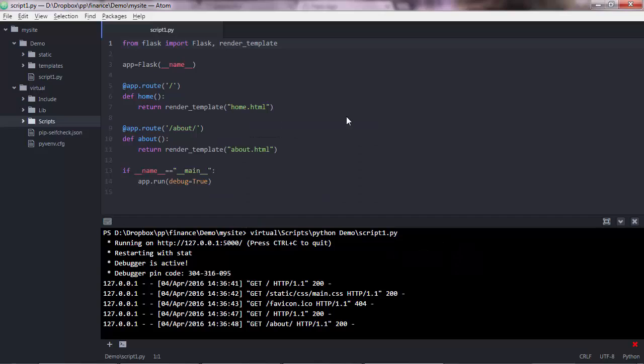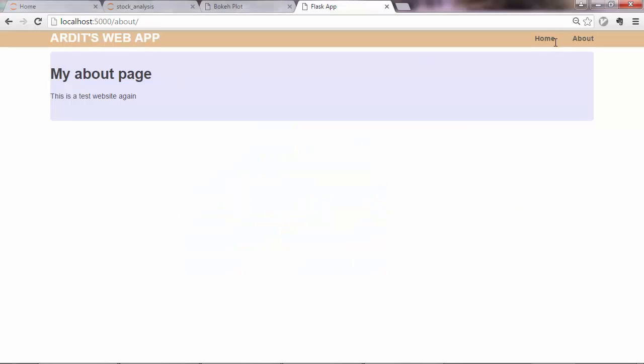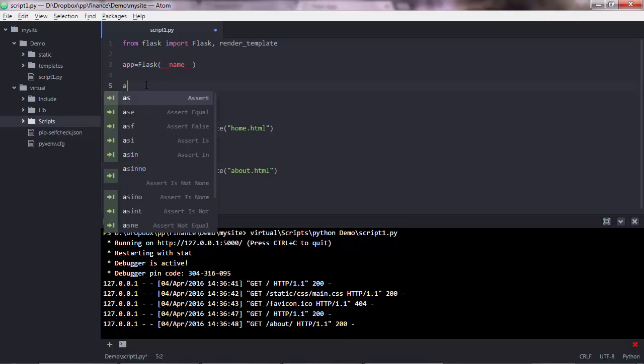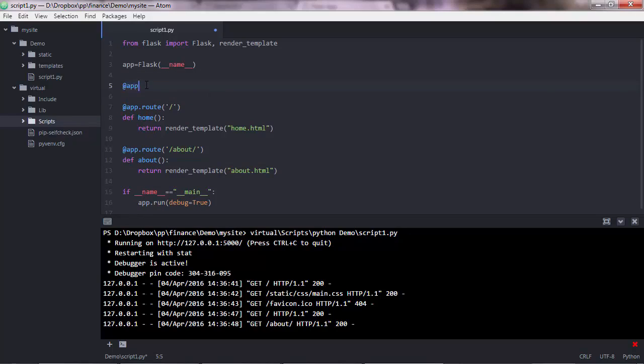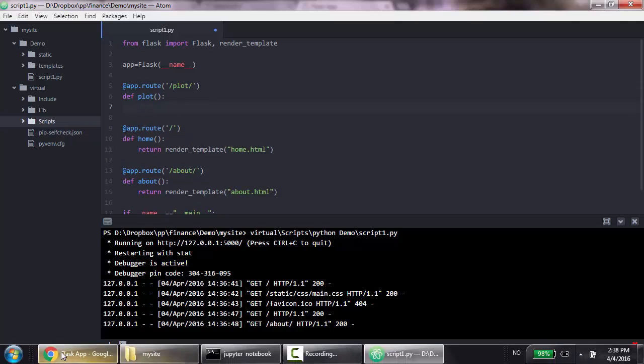Now that we have a running website, we need to add more things there. I'd like to add another menu here, which will be connected to a page. So I'll link that to a page, and let's create the route for that page. Let's say plot with slashes. When the user visits localhost colon 5000 slash plot, this function will be executed. Let's call the function plot, and then here goes